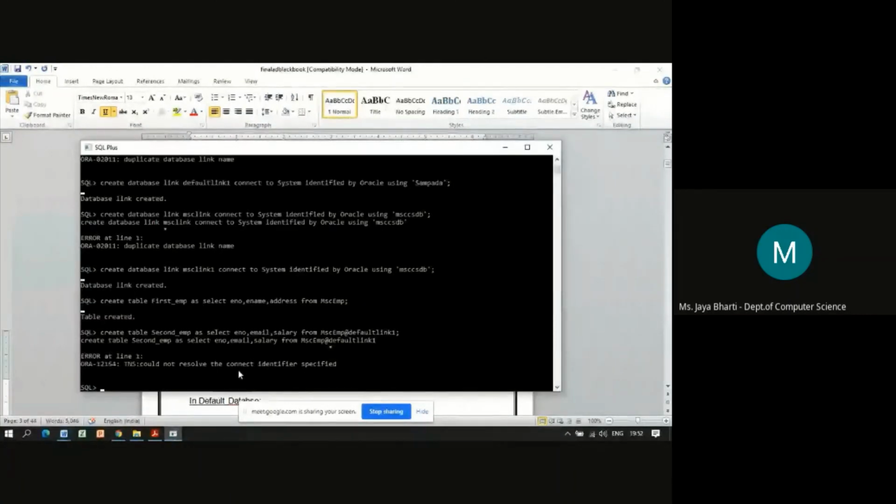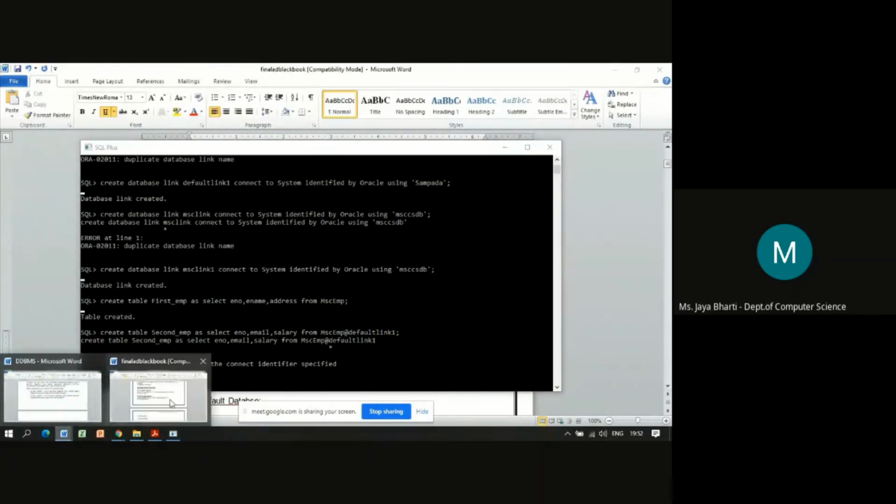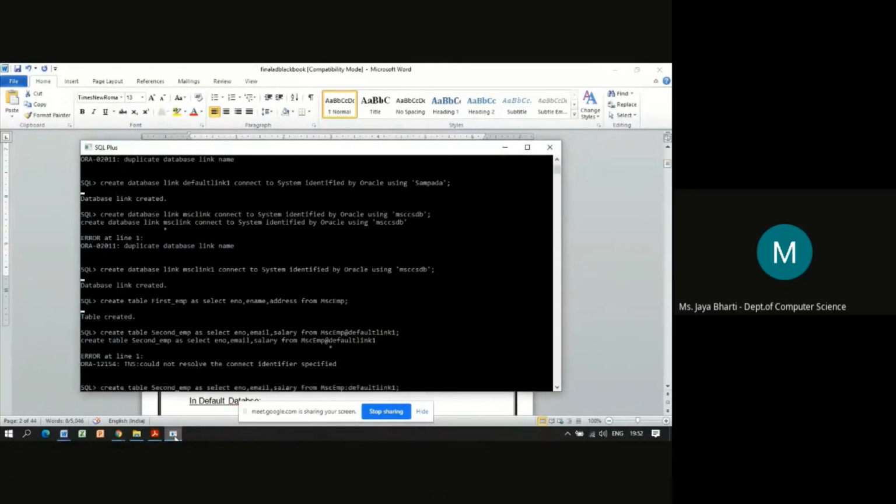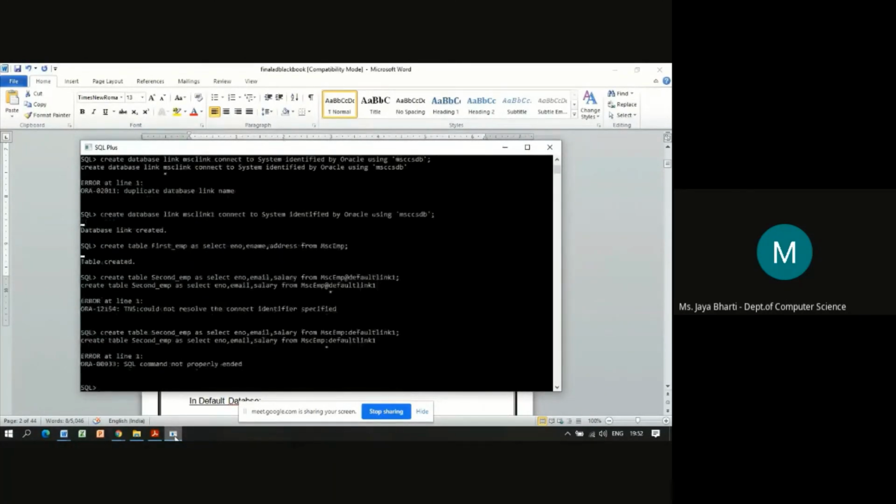So could not resolve the connect identifier specified. Yes, the name is proper, no? I have written default link 1. Let me check.